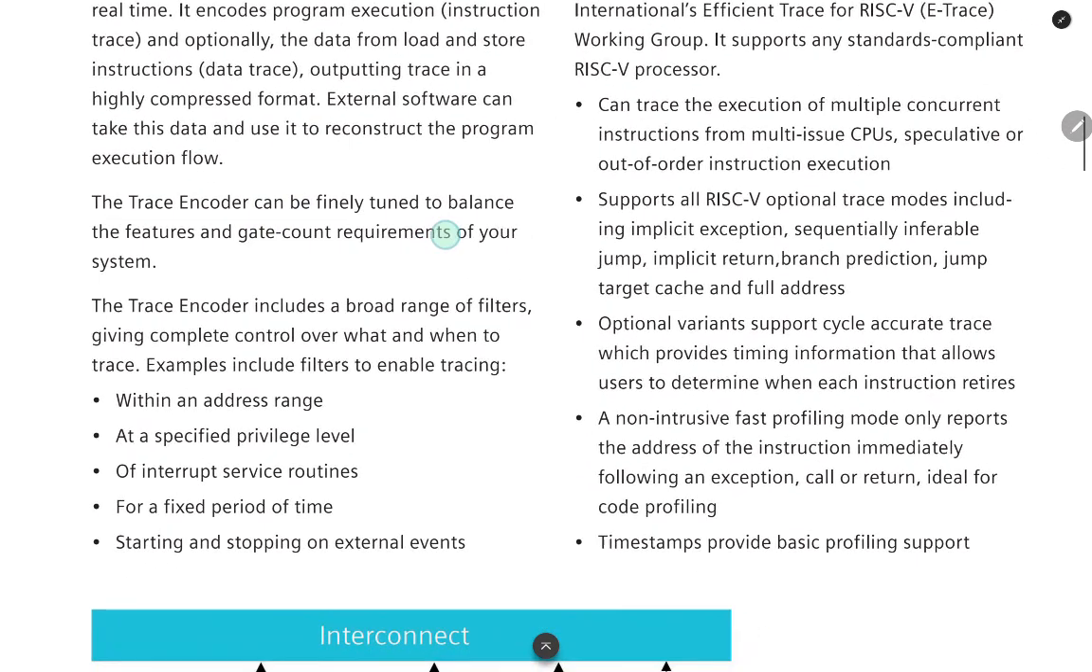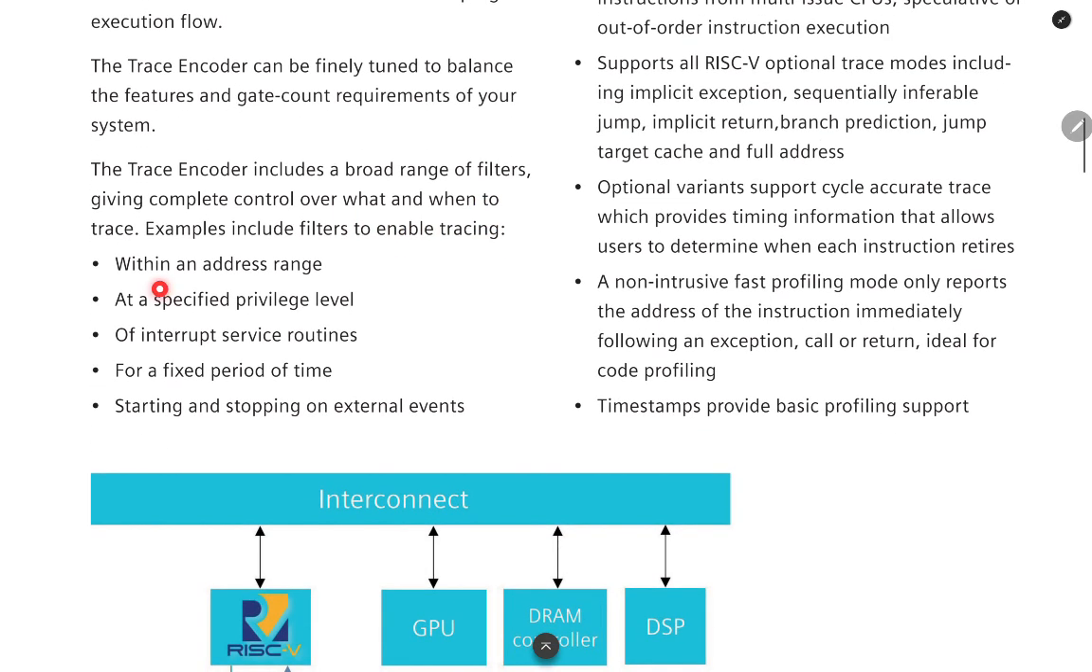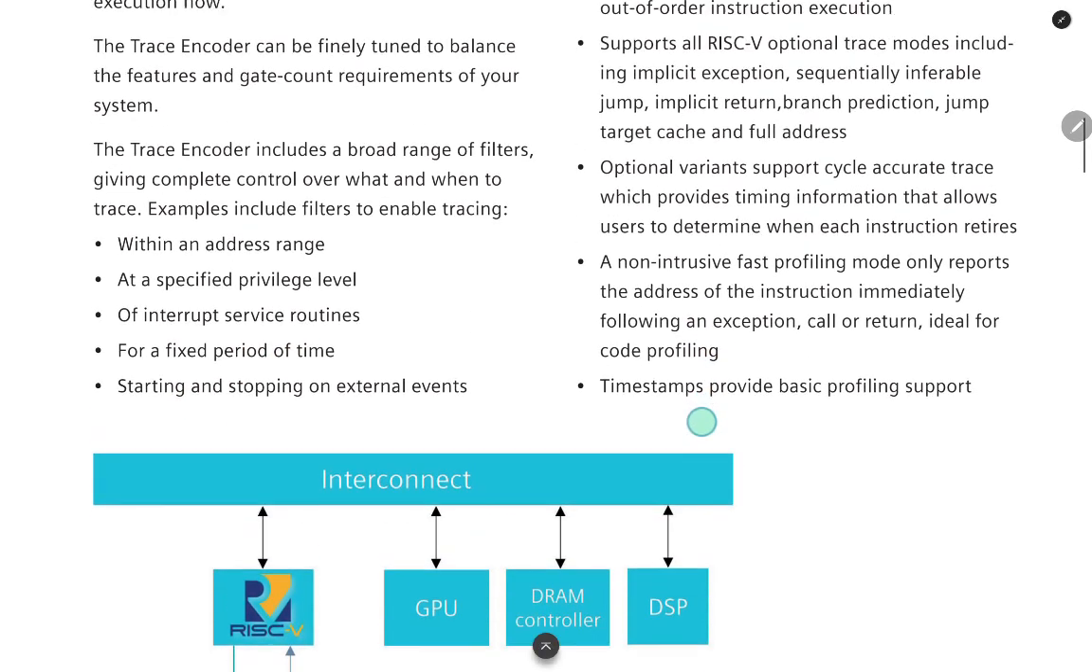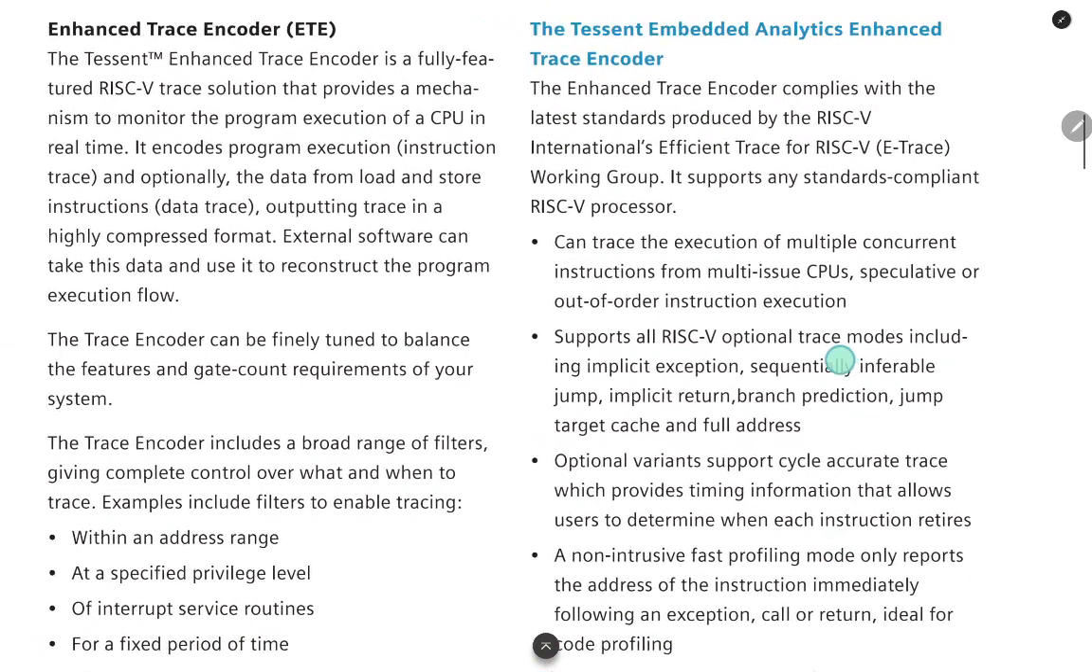The trace encoder can be finely tuned to balance the features and gate count requirements of your system. The trace encoder includes a broad range of filters, giving complete control over what and when to trace. Examples include filters to enable tracing within an address range, at a specified privilege level, of interrupt service routines, for a fixed period of time, starting and stopping on external events, and that the trace